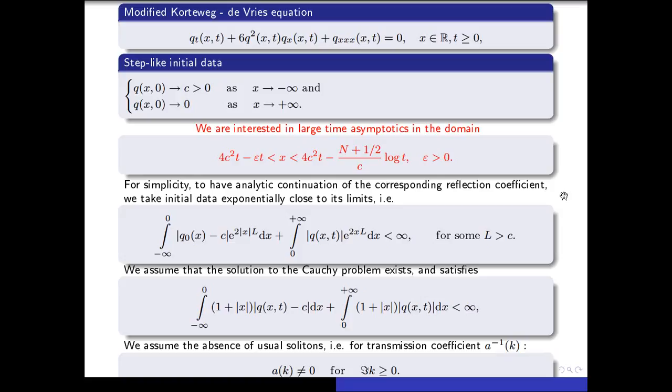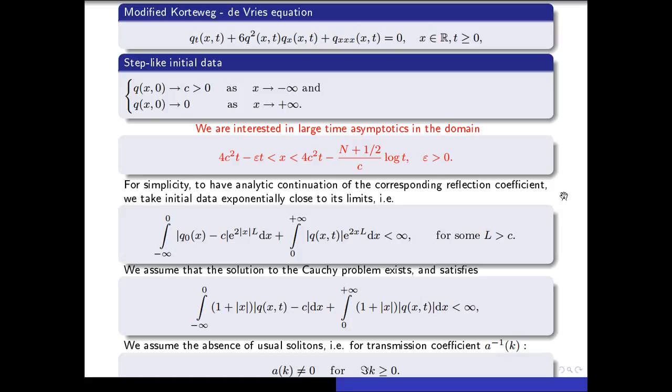I said that we are interested in this region, but actually we don't know how to study asymptotics in this region. What we know is asymptotics in adjacent regions from above and from below, and because of this we can make some conclusions about the behavior in this small transition region. Namely, we will say what cannot happen there.